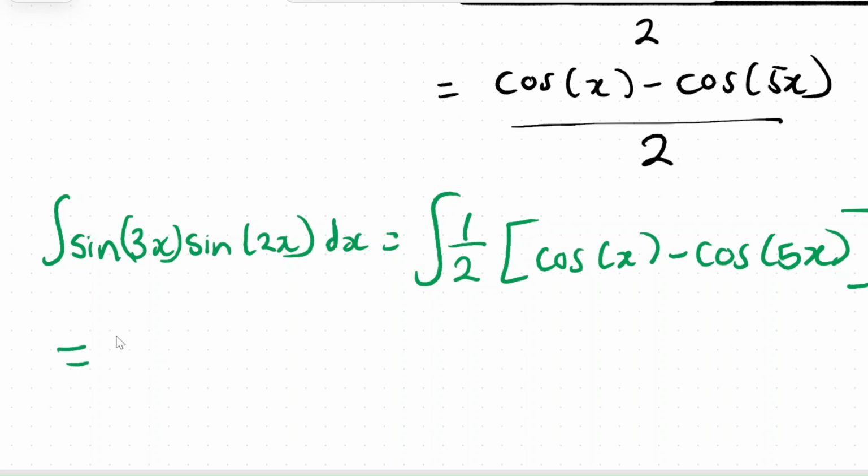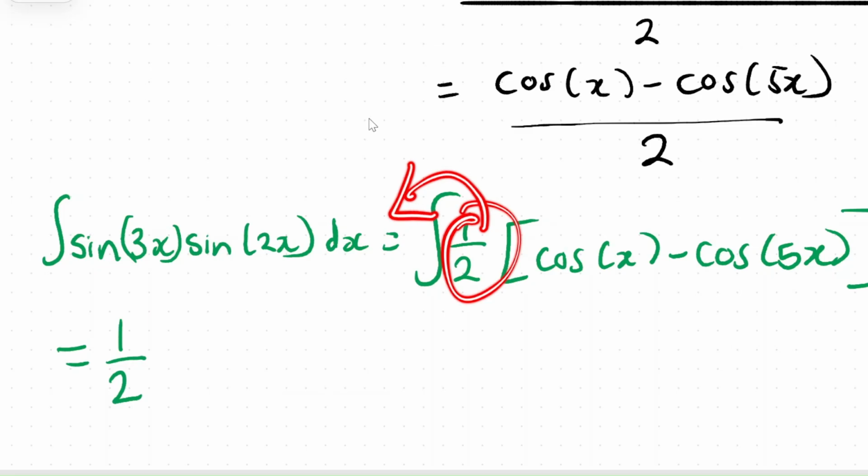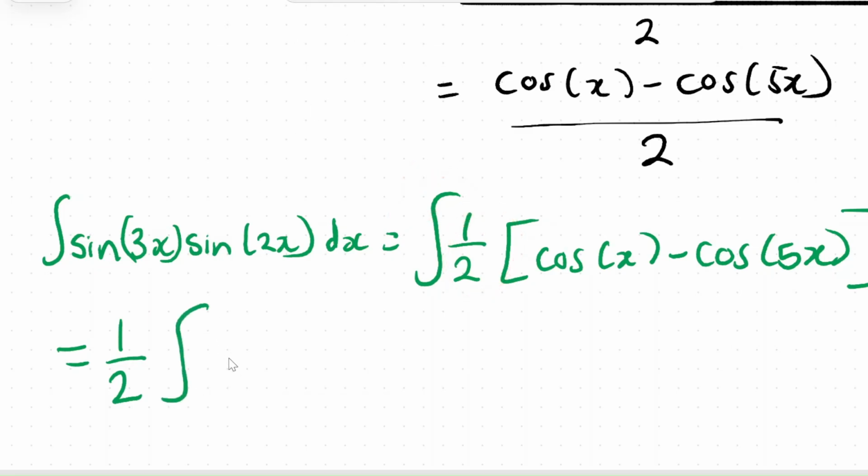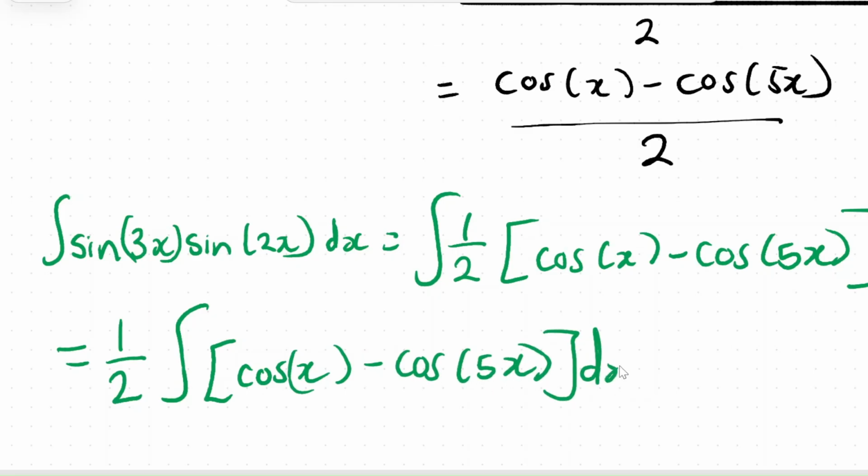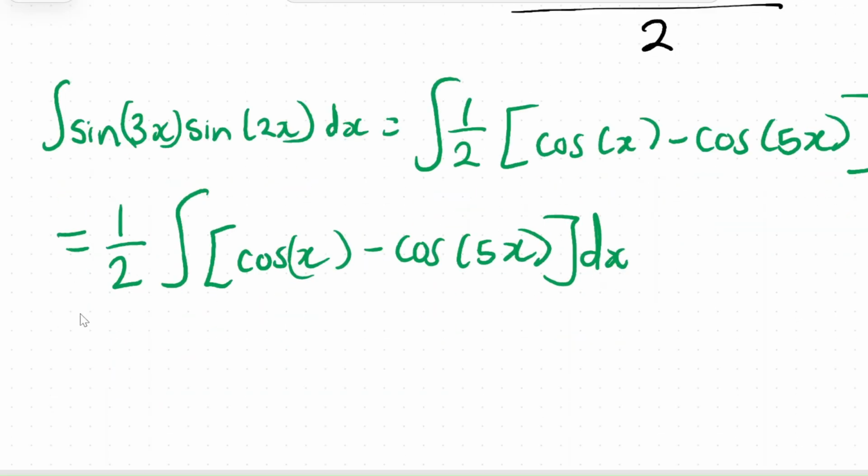And that's perfect because then we can take out the half, and that would give us the integral of cos of x minus cos of 5x dx,